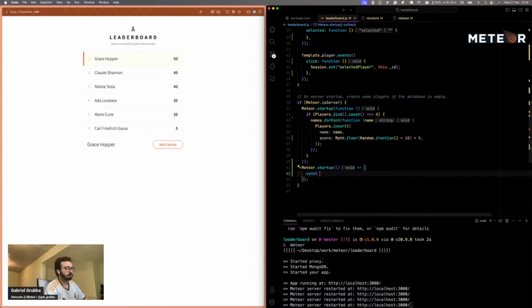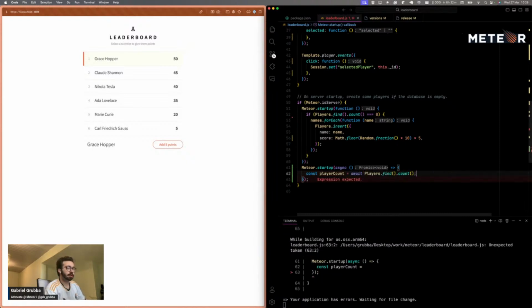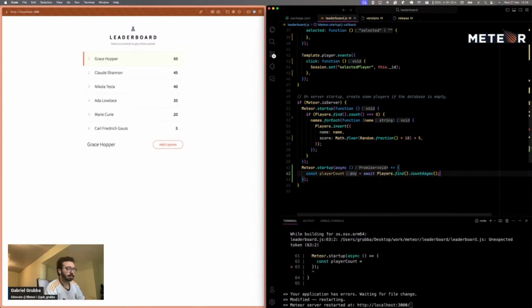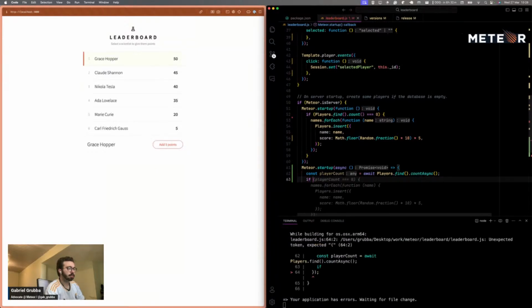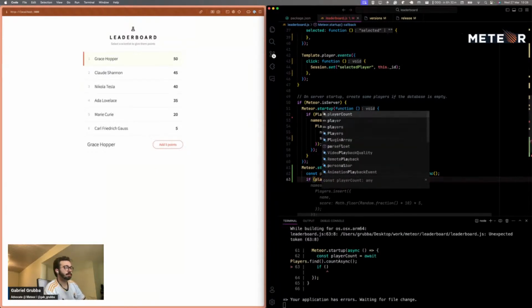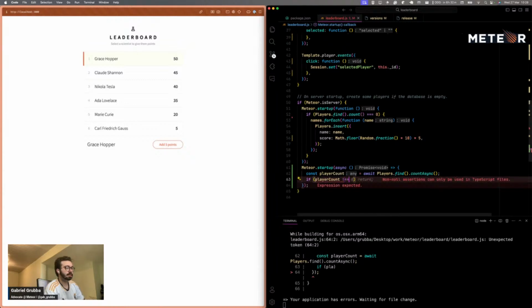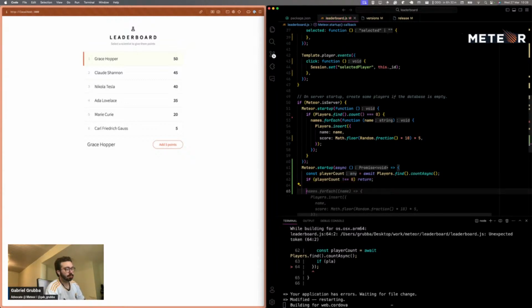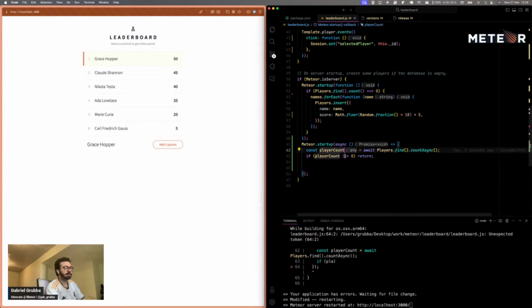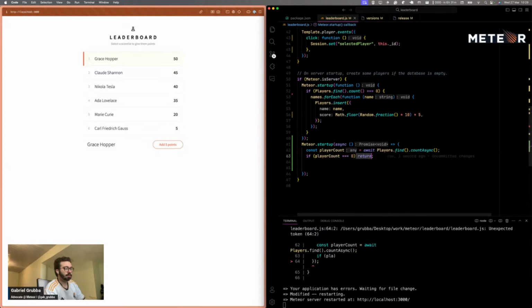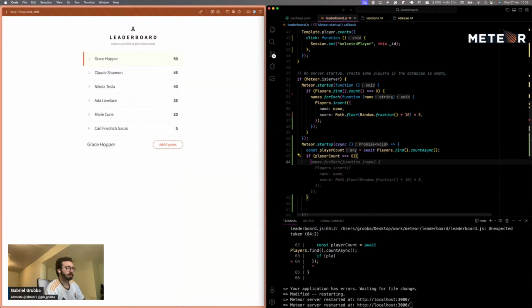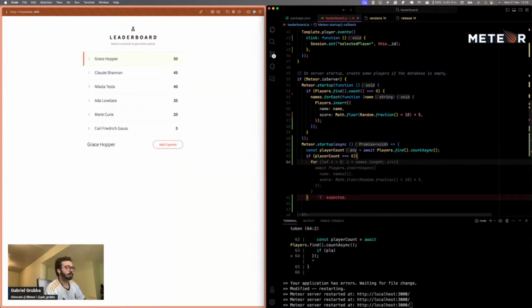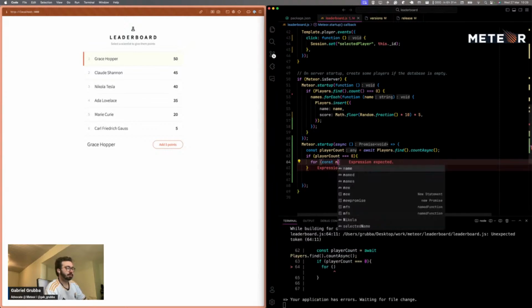Now it looks better. I will do const player count, and it's an async function. Why is it an async function? Because we'll await that count async, and if the player count is different than 0, I will return. Let me explain: if there are no players there, I will do a for